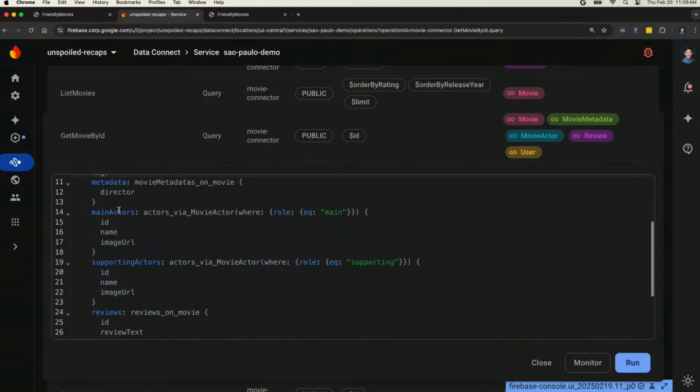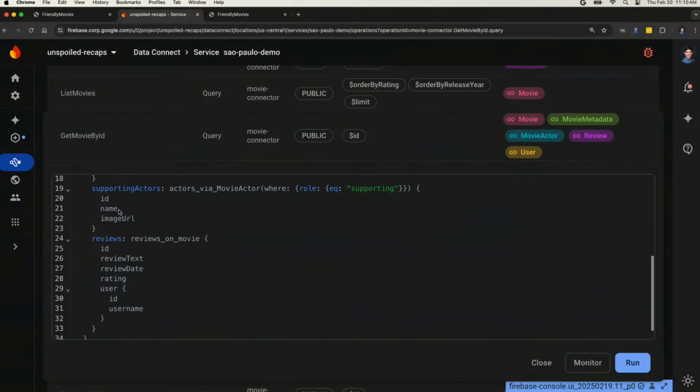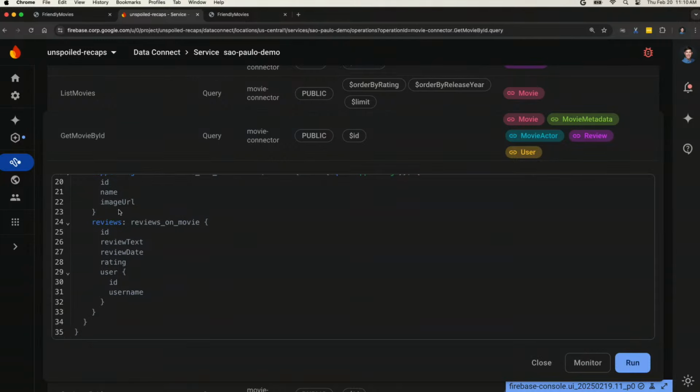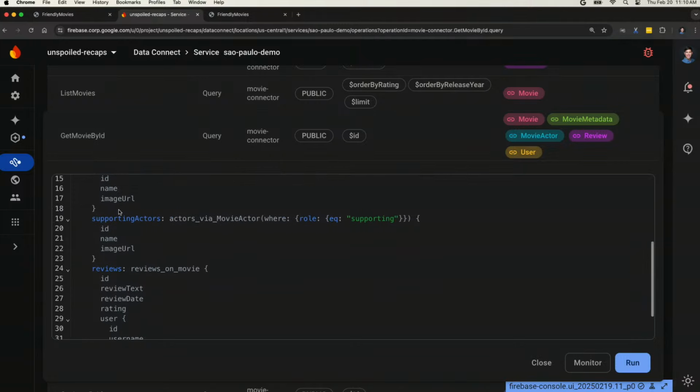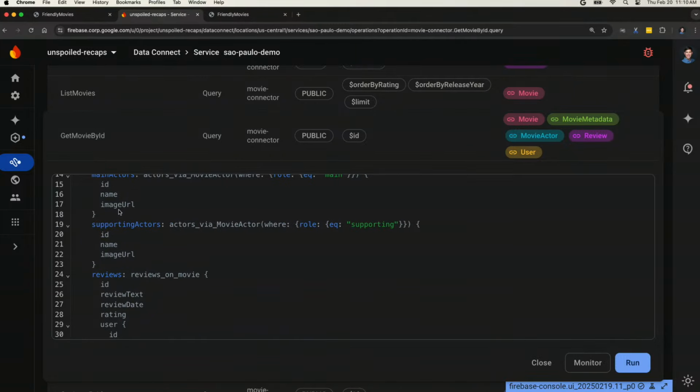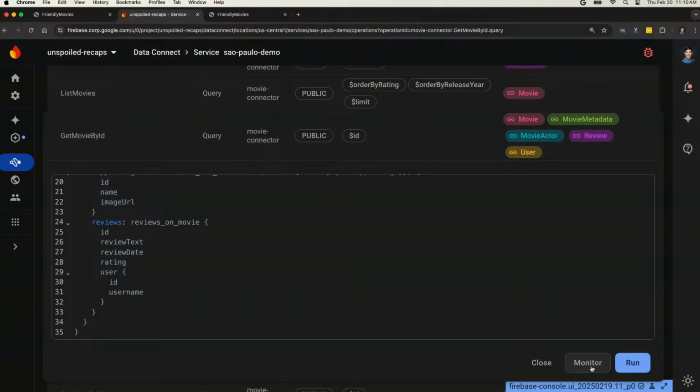So I can write a single request, gather all the necessary information from all of my normalized tables, and pipe it into a single response object, which is really easy to reason about and is great for client performance because it's that single request that's powering everything that's coming out there.